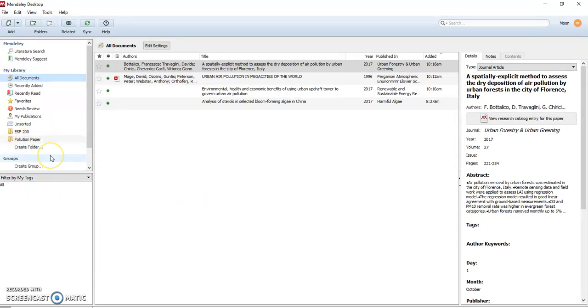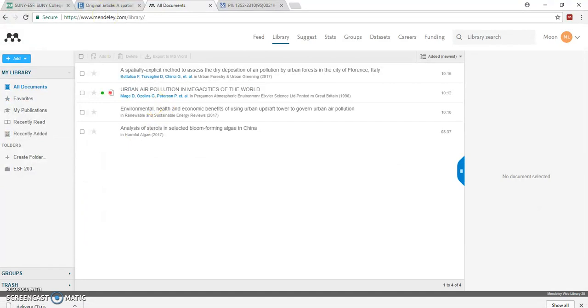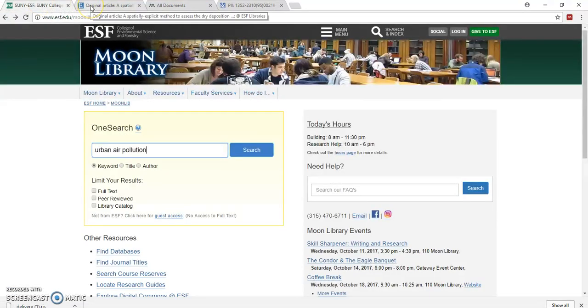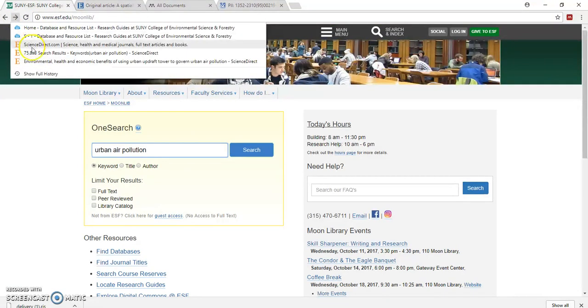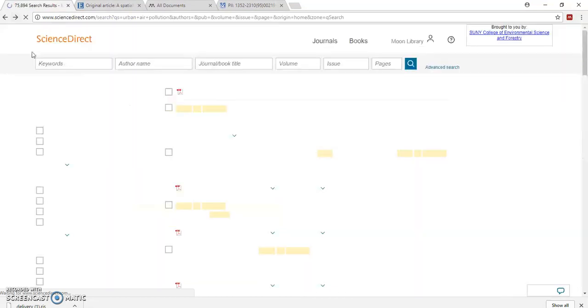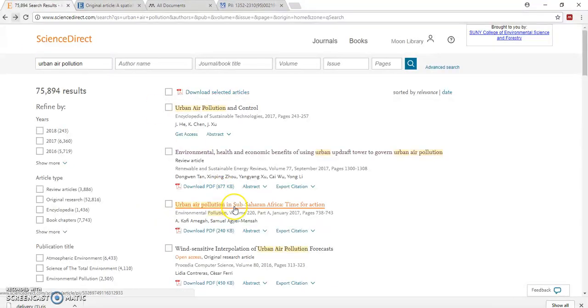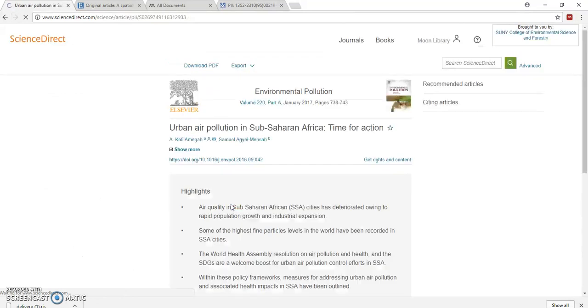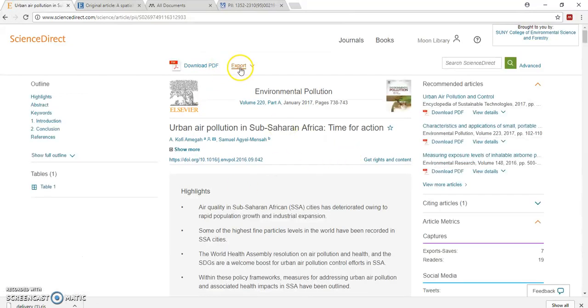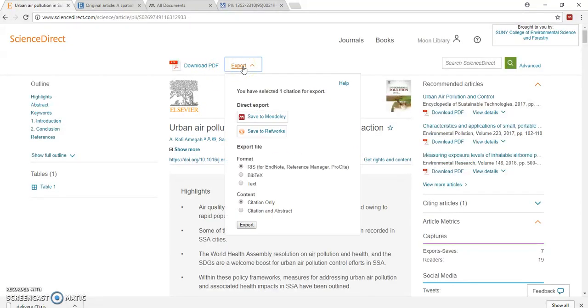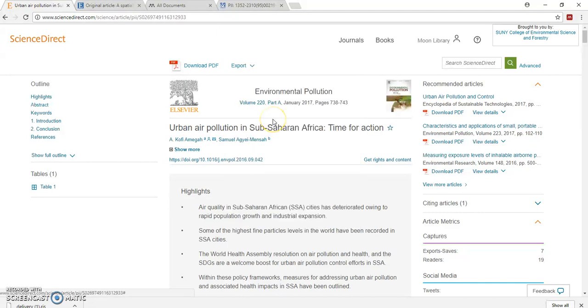You can also add papers to folders when you are exporting the citation to Mendeley as well. So if we go back to Science Direct and click on another article here, when we click on Export, Save to Mendeley,